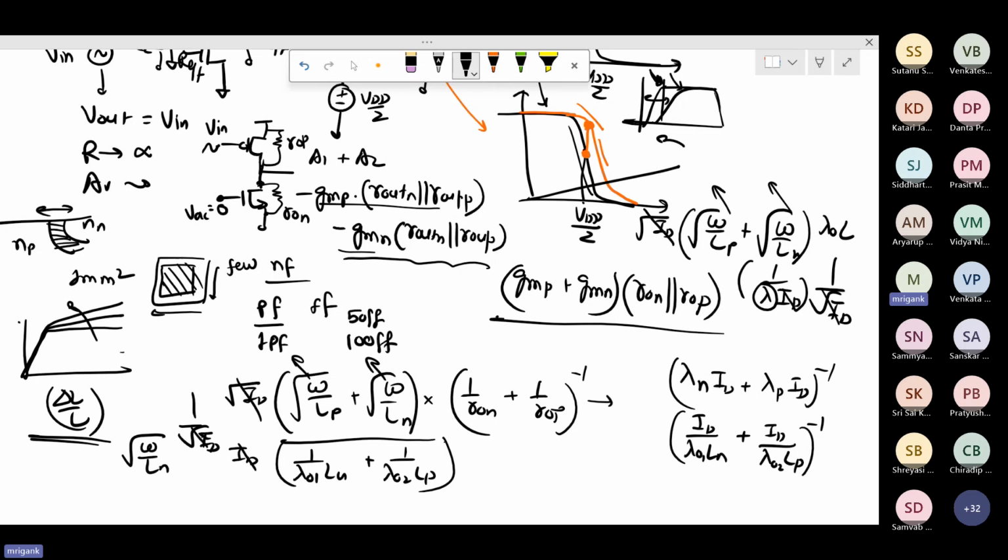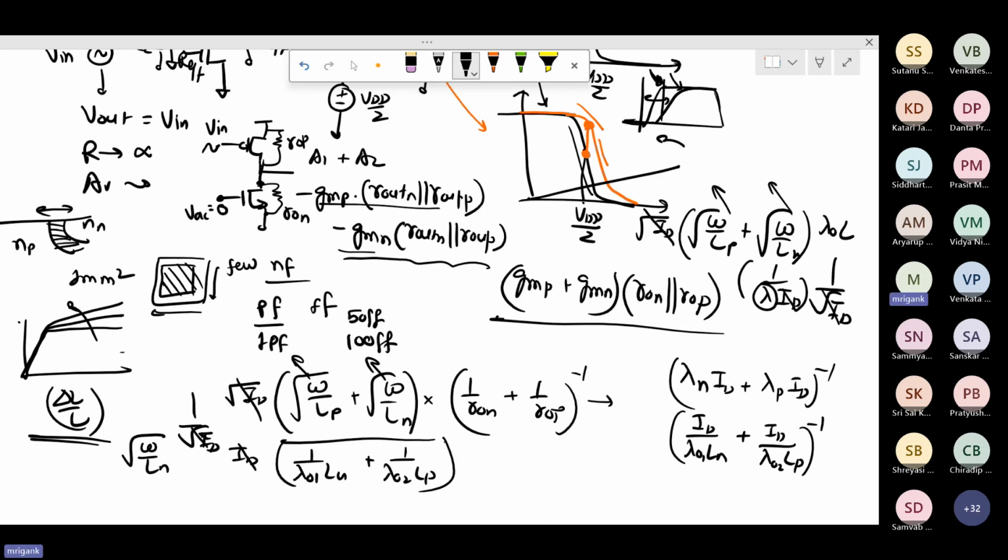I will give you assignments on the basis of this amplifier and also the inverter, whatever we have discussed: rise time, fall time, the sizing ratios, the duty cycle effect. Once you simulate, it will become more clear. Likewise, the amplifier operation for the capacitive coupling case and without capacitive coupling, and how the sizing affects the gain, all those things we will try to look at.